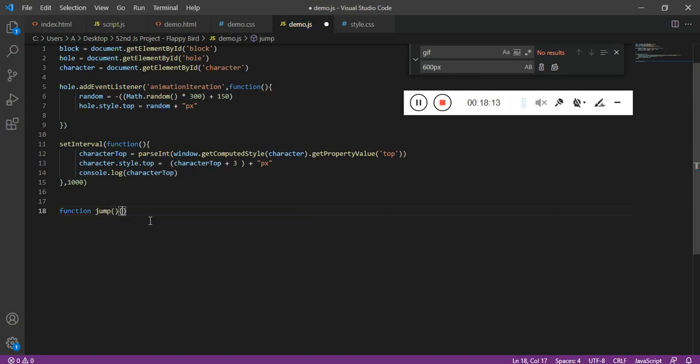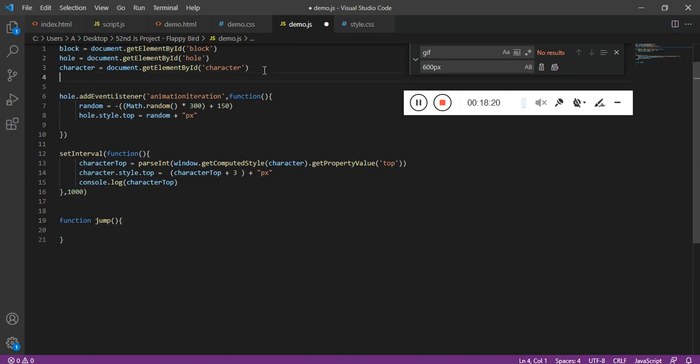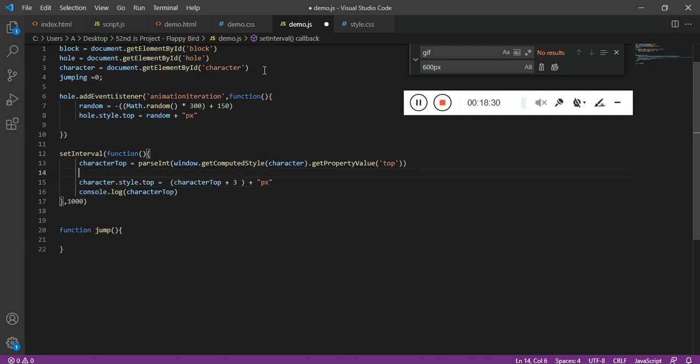When I click on the HTML, this function is going to get triggered. Before triggering, I want to create a flag variable, jumping. On page load, it needs to be 0, and on page load I want the bird to fall. If jumping is equal to 0, then add the fall effect.